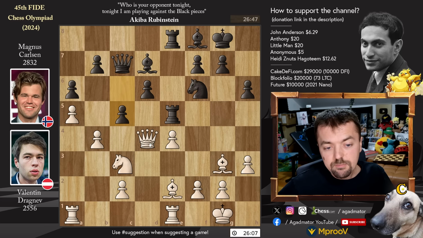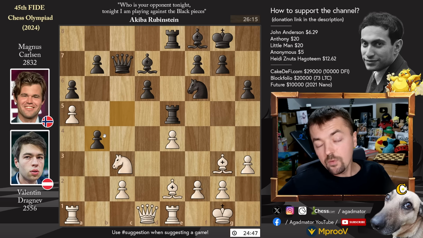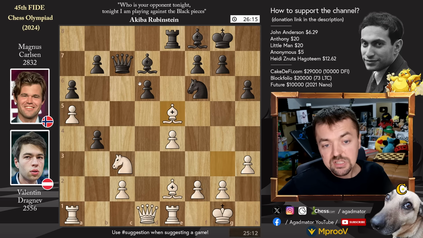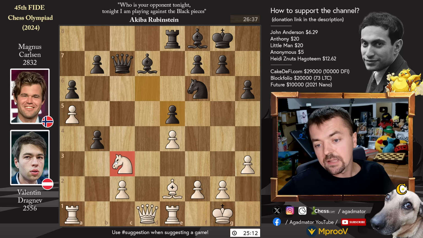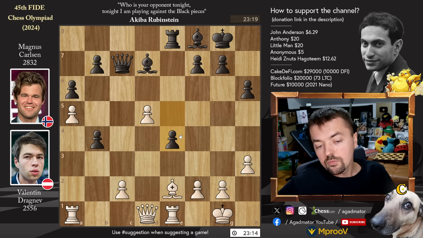So Valentin instead plays queen back to d1, Magnus plays c captures on b4, adamant about sacrificing the exchange, and now there doesn't seem to be anything better than bishop captures on e5, which is what Valentin plays. Bishop captures, d captures, the knight still hanging, knight to d5, we have knight captures, e captures, and now pawn to e4, really limiting the mobility of Valentin's pieces, especially taking away the d3 square from the queen and the